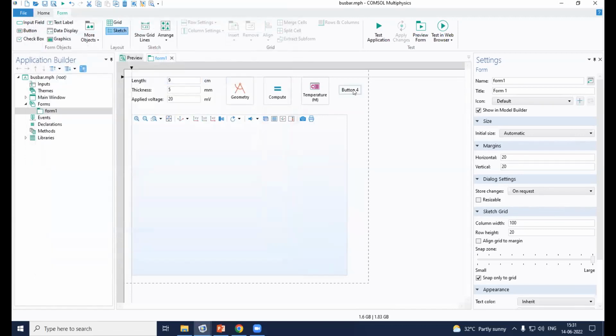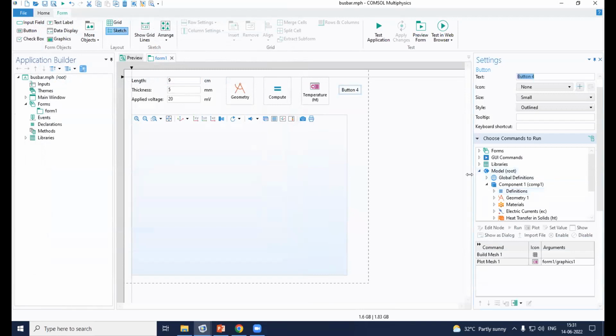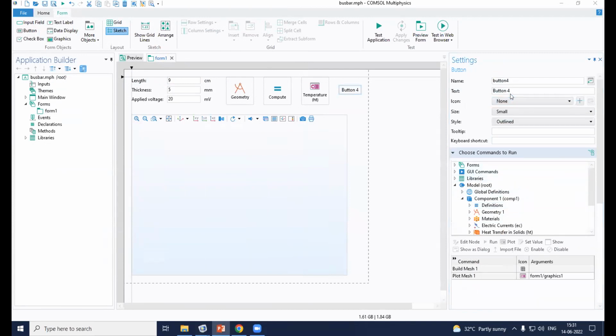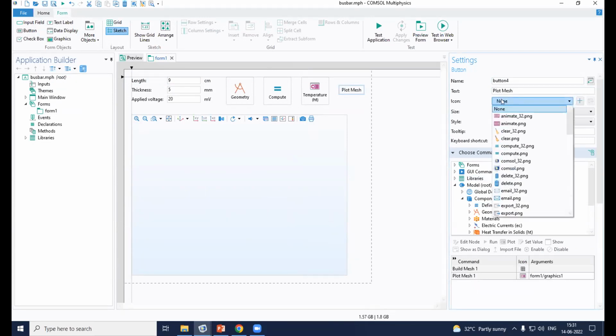Now, since this thing is not very intuitive, what I will do is rename it. As you can see, you can rename it. I will write it as plot mesh. And it's always good to have an icon also. So I can give it an icon also. You can see that there is an icon in the drop down,